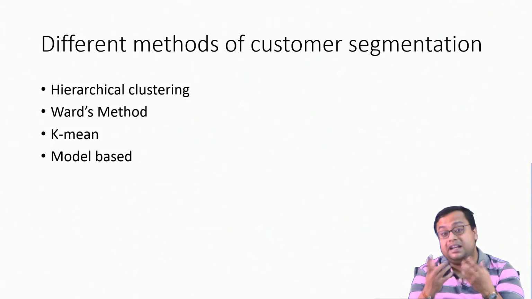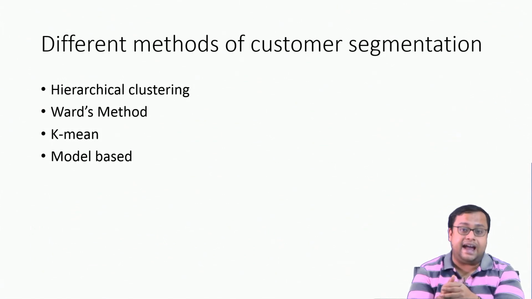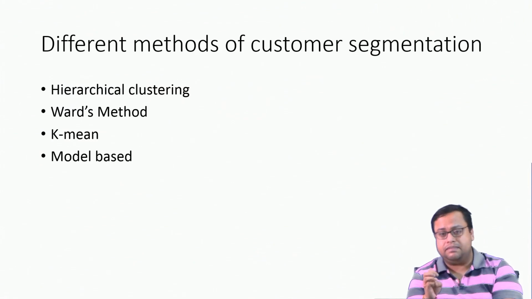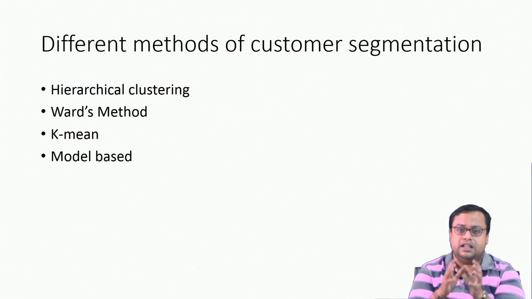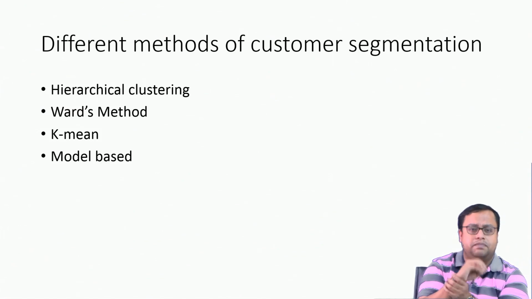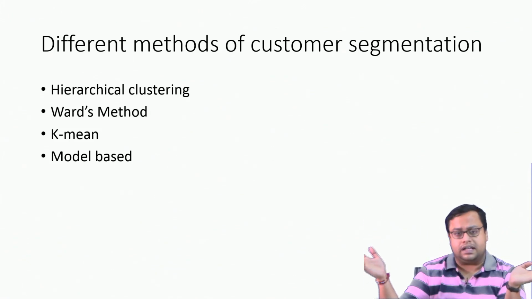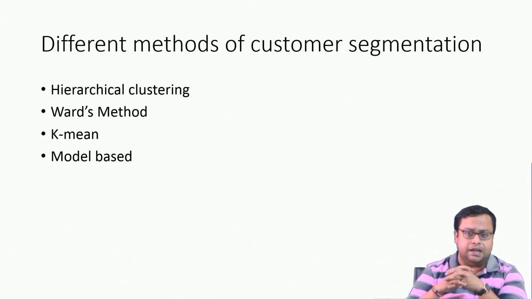So, we use multinomial logistic regression, and we can also use linear discriminant analysis, which is another method by which we can predict whether a customer will be in segment A, segment B or segment C based on the demographic factors. Now, based on that, I will create my product features and so on, and I will target a certain market rather than targeting all the customers. So, this is something that is important.